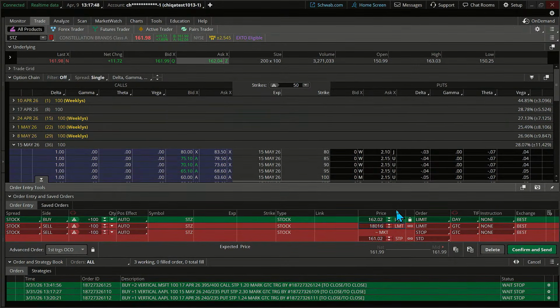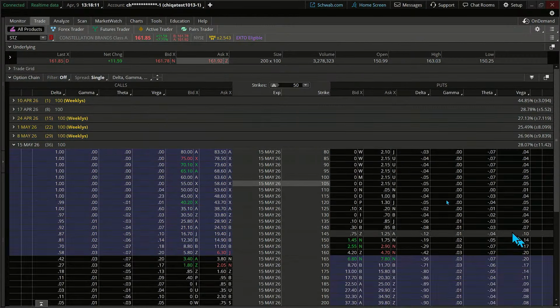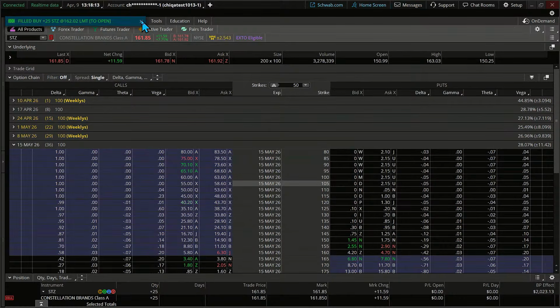Remember, stop orders aren't guaranteed to execute at the price or near the price, but they do compete with other existing market orders once they do get triggered. And I'll put this down here as a potential exit point. I'll click on this. I might just put the trades in previously. I just thought I'd do this one as a GTC, but excuse me, as an OCO bracket. One cancels the other order. And there you go.